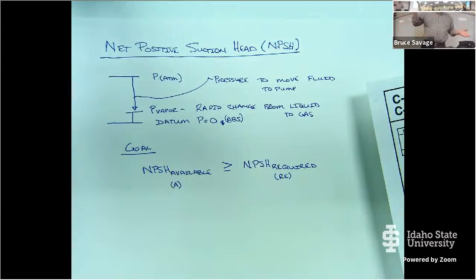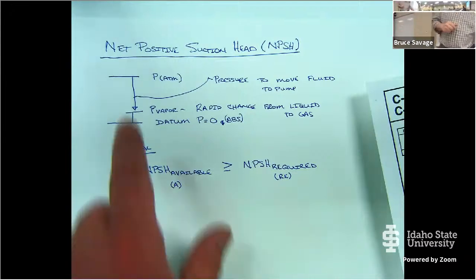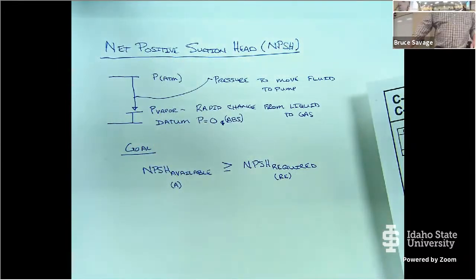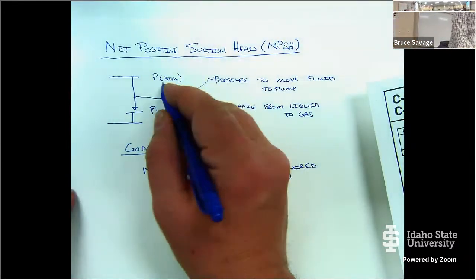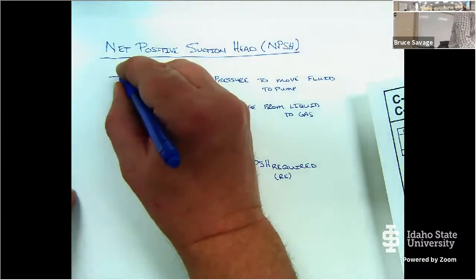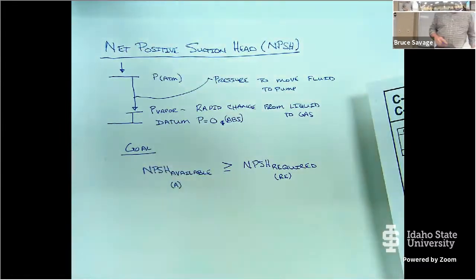We are at a higher elevation, so we have a lower atmospheric pressure. We're talking about net positive suction head on top of our P equals 0 here, our gauge pressure. We have this atmospheric pressure pushing down, okay? When you're